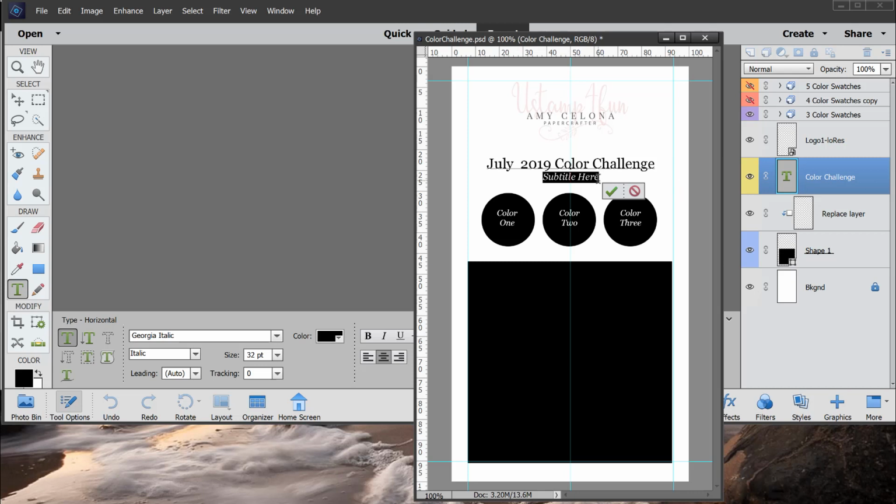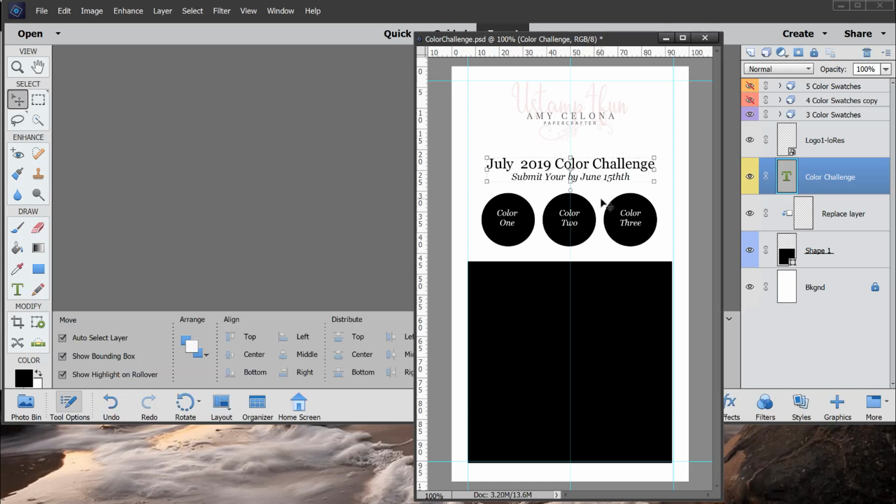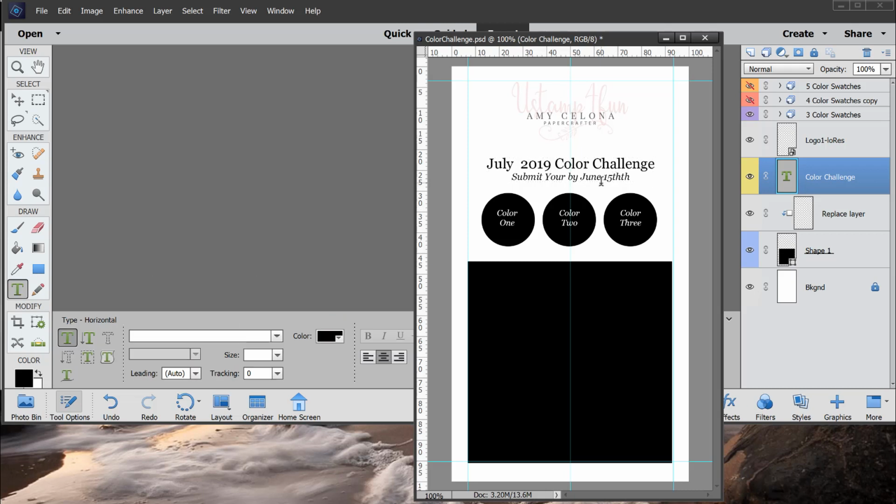This header, subheader, July color challenge, submit yours by June 15th. Actually, I think I spelled something wrong. I find it annoying that I can't see, and I don't know if it's just me. So if it's a July color challenge, then maybe it needs to be by July something, by July 20th. I don't do color challenges, so